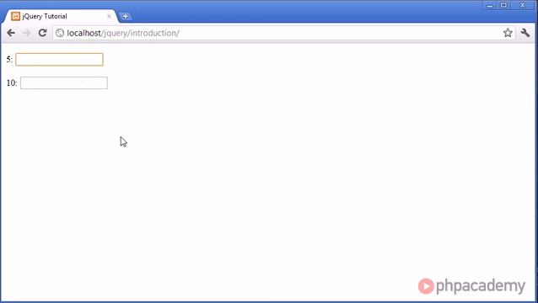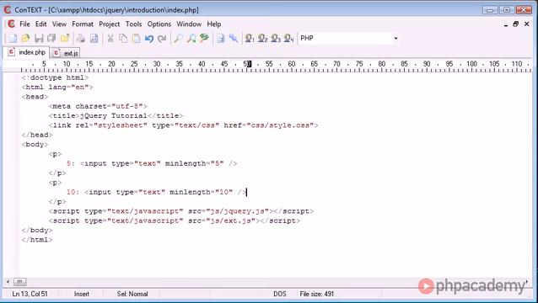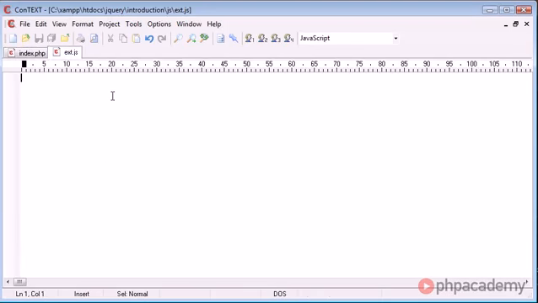They come into focus when we come away from them, i.e. they're blurred, and when we're typing as well. So obviously the key up function, or the key up event handler. So inside ex.js, the first thing we want to go ahead and do is use document.ready as we would with